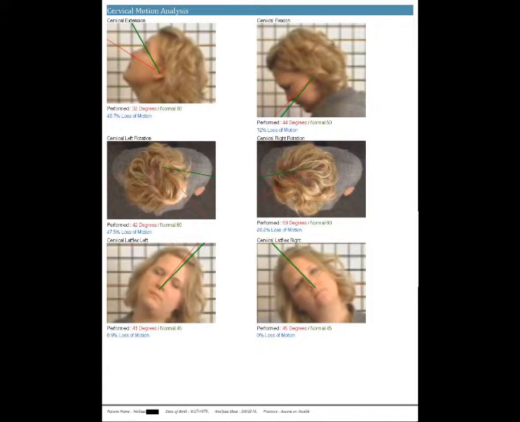The next thing we look at is range of motion. In this case, we've got 6 different views to look at. Cervical, we've got flexion extension, left and right rotation, and left and right lateral flexion. The software will show you a green line, which represents the normal motion. The red line represents what the patient was able to do. It then shows that the patient performed 32 degrees out of a normal 60, which is a